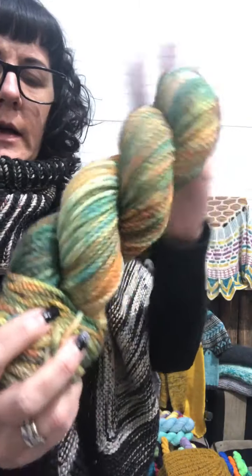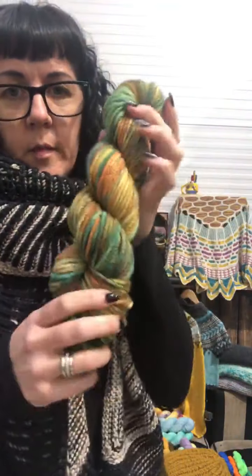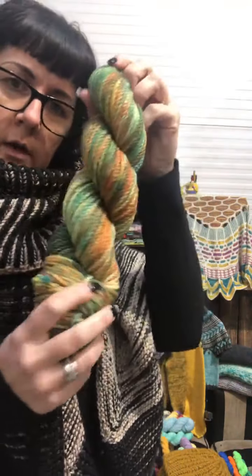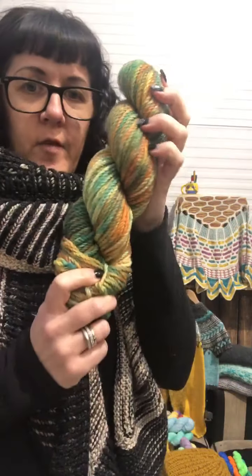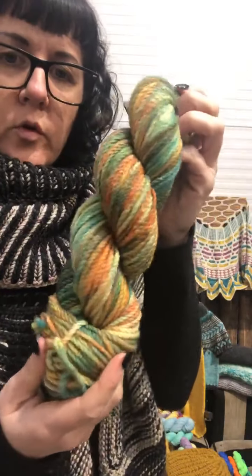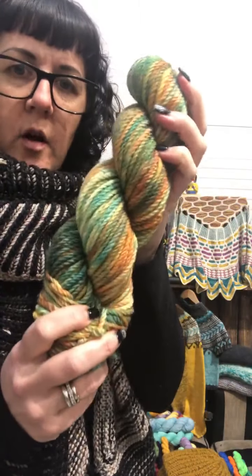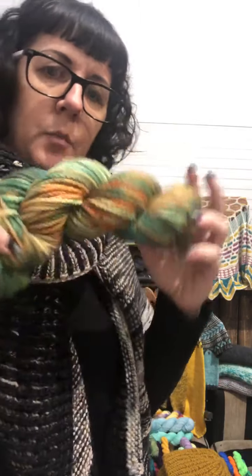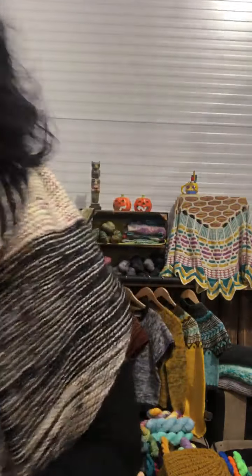And this one, I have 5 of these available on the chunky base because I was making a custom order for somebody, and as I went to pack it up realised it should have been DK and not chunky, so I re-dyed the DK, and I now have 5 of these chunky weight Woodland Walks available, and they make a really lovely hat or a big chunky sweater or a big scarf, and it does knit up into a really lovely dappled pattern. So there's 5 of those available on our ready to ship section,